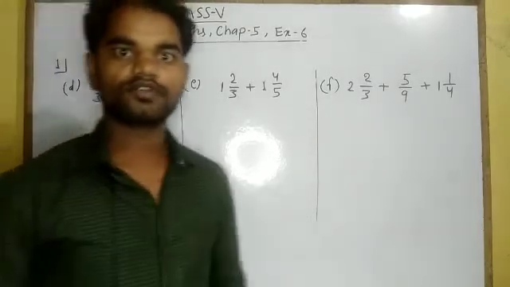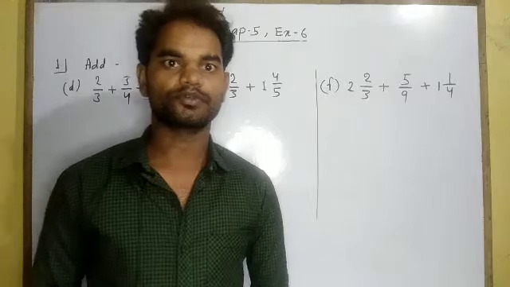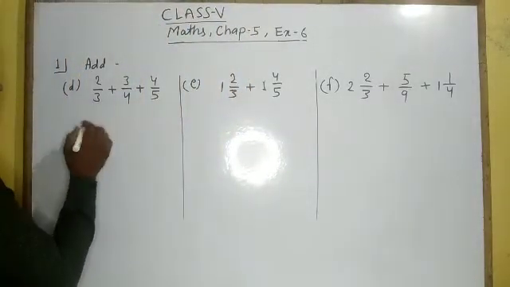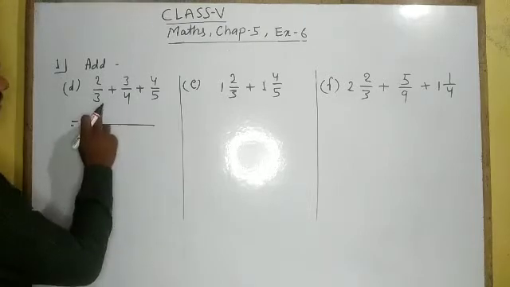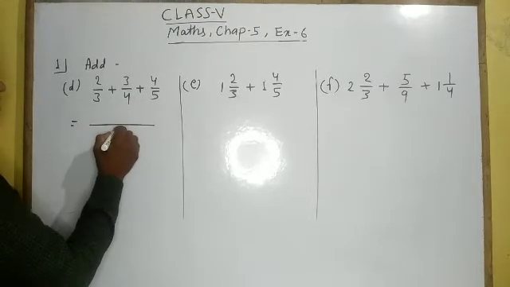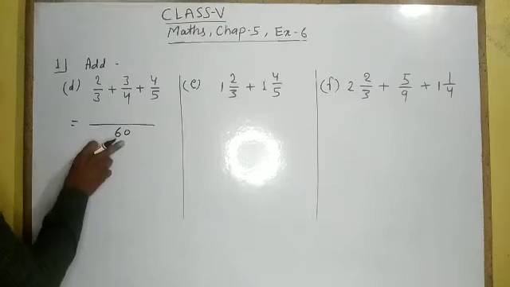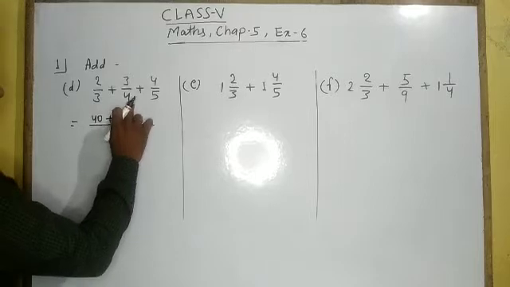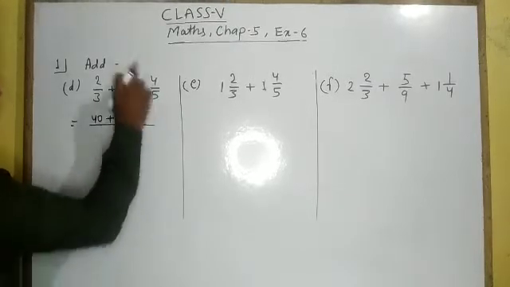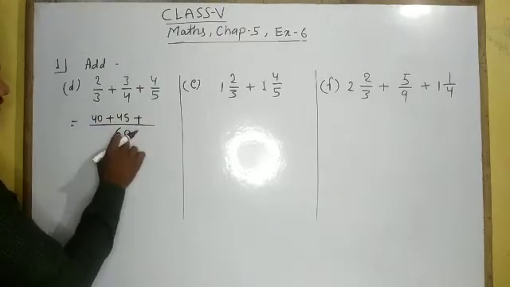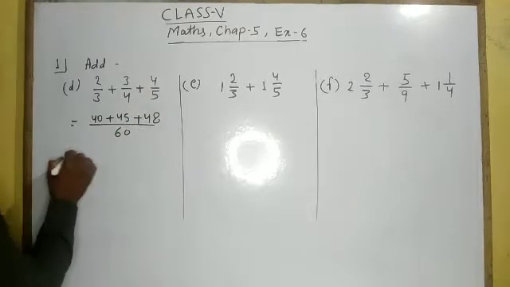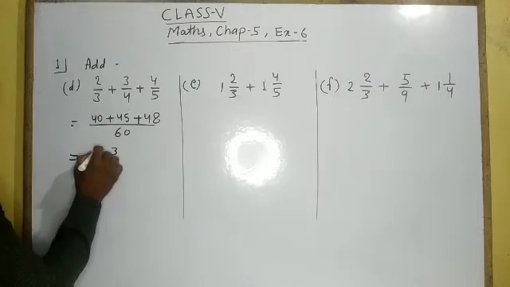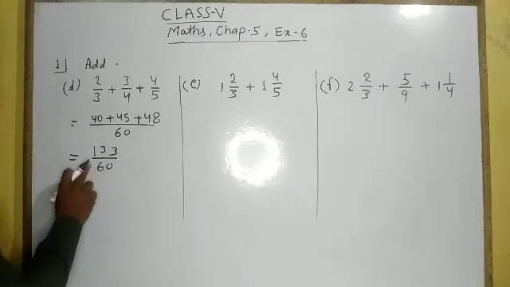So how to add the given fractions? There are 2-3 ways or different types of ways. So simply first of all we will take the LCM of the denominators. So the LCM of the denominators 3, 4, 12 will be 60. Now 60 divided by 3 is 20, 20 twos are 40, plus 60 divided by 4 is 15, 15 threes are 45, plus 12, 12 fours are 48. Now add them. 8 and 5 is 13, 3 carry 1, 12 and 1 is 13. This is 133 upon 60.